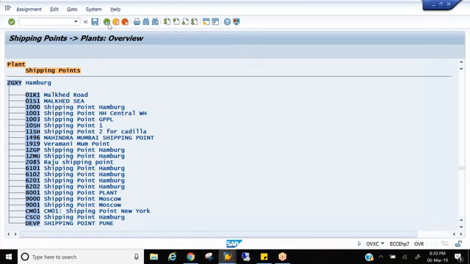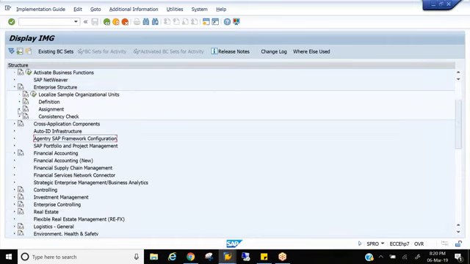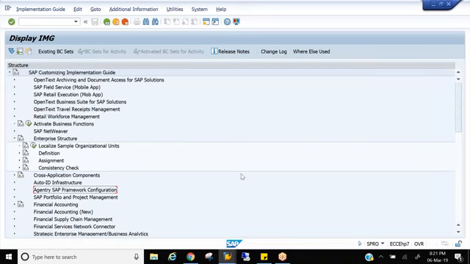So all the configuration, whatever organization elements we need for SD to go ahead and try other scenarios, we have all the configuration now. The complete enterprise structure assignment has been finished. If you want to do a consistency check, that means whether your organization structure is correct or not, and whether all the assignments have been done well or not, how do you see it?